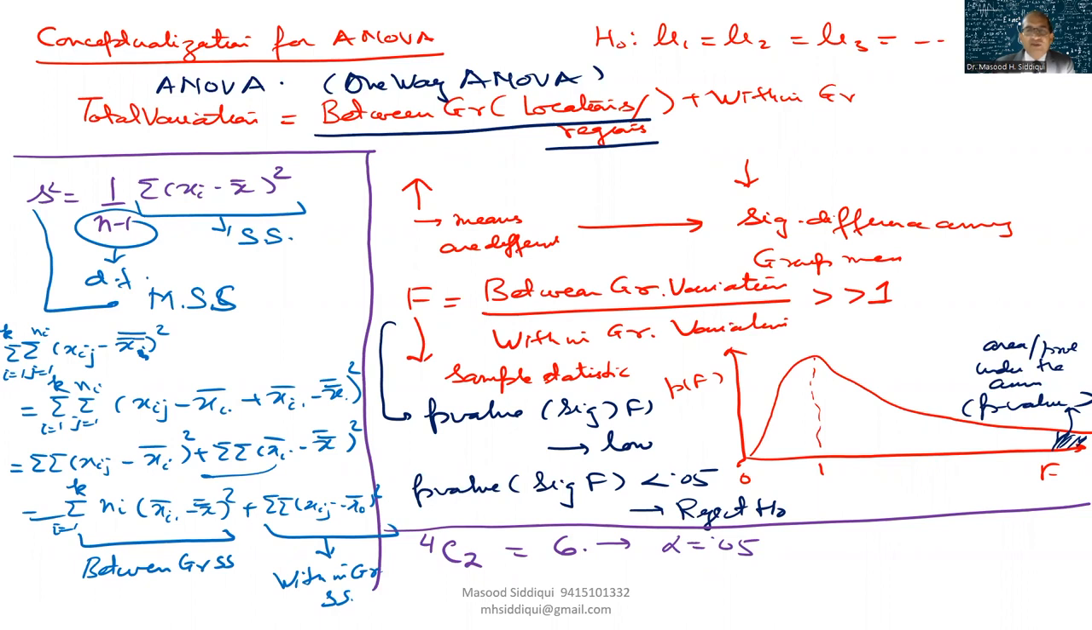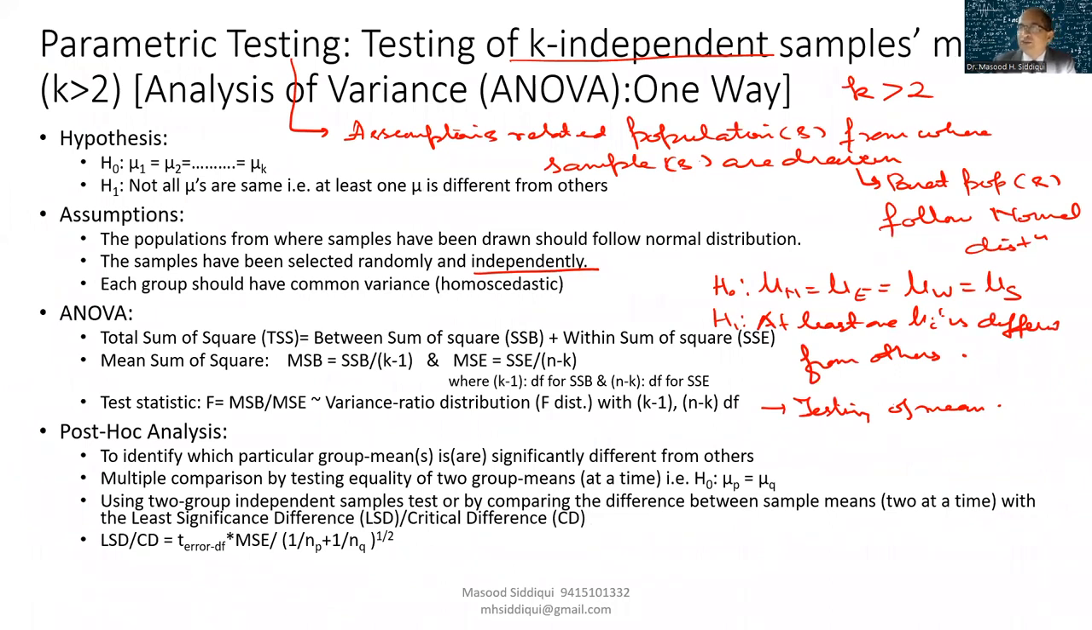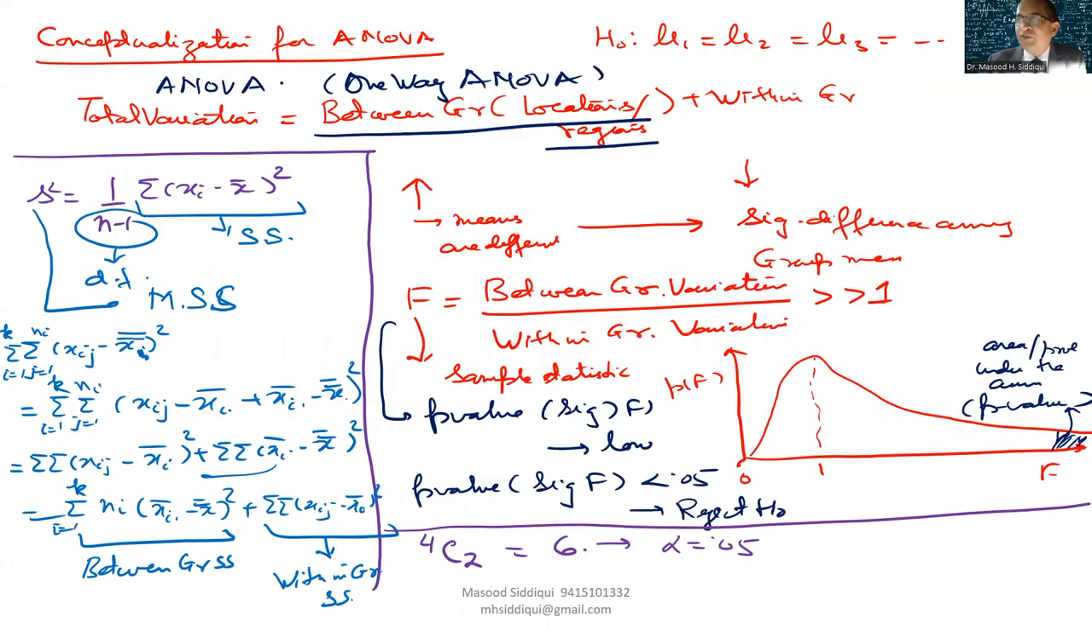This is the ANOVA that we have discussed. The total sum of squares is divided into two parts: between-group sum of squares and within-group sum of squares, which I have explained. In the same way, the mean sum of square is the sum of squares divided by the degrees of freedom. And this test statistic is also known as the variance ratio, the F statistic, which follows an F distribution with these degrees of freedom. Right? So we will be doing this. But before moving forward,